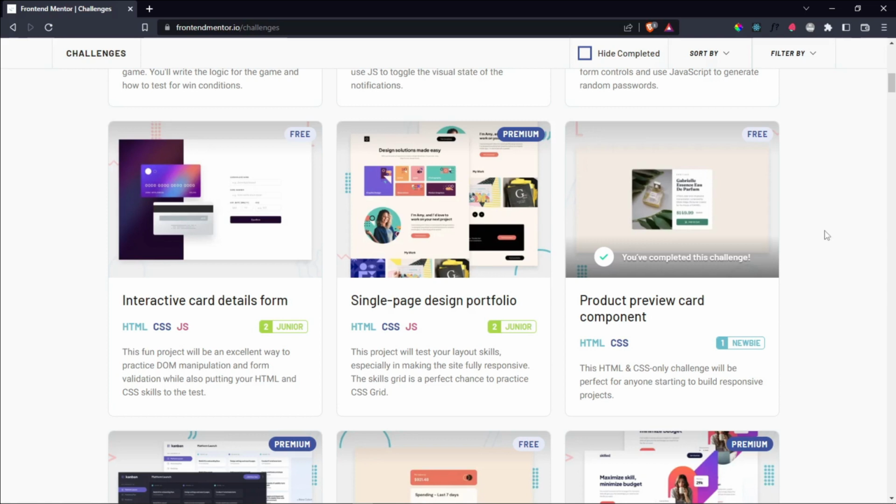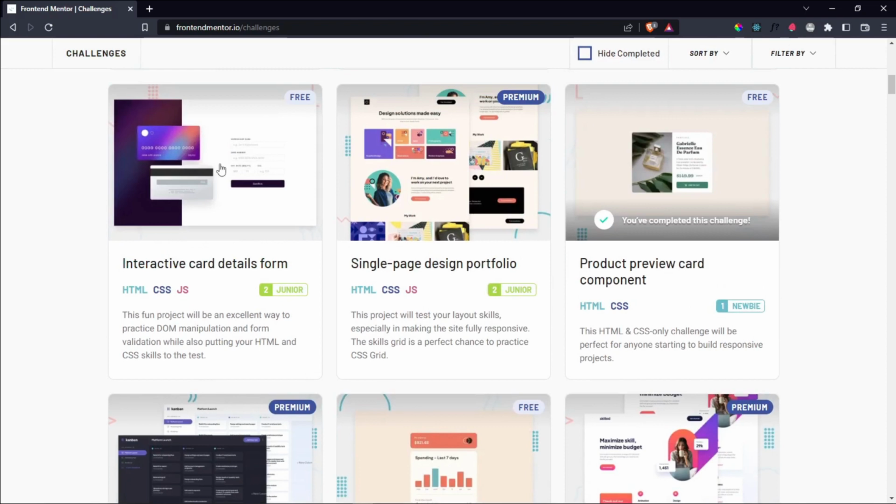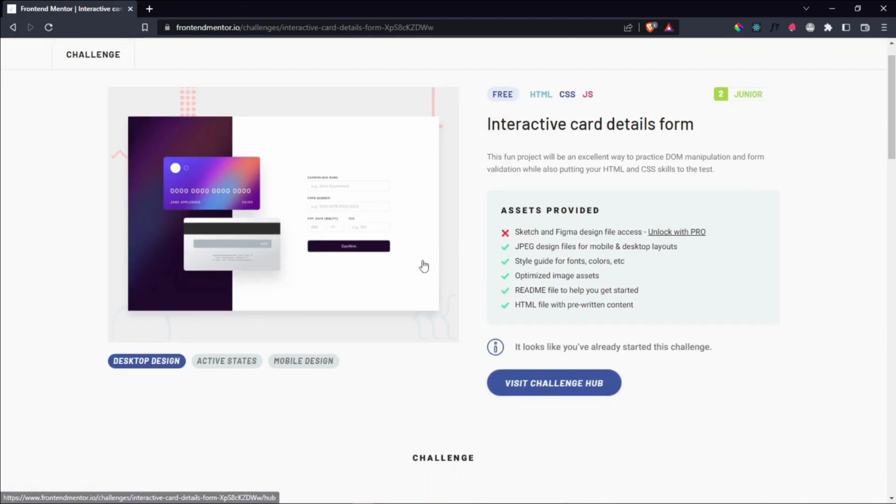In this video we're going to be doing the interactive card details form. So you can head over into frontendmentor.io/challenges and you can search for this challenge. It is one of the recent ones from the top, and then you can click on this card and then we can begin. I already downloaded the starter files, so I don't need to download them again, but most likely